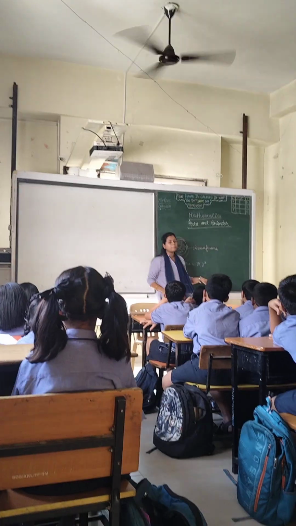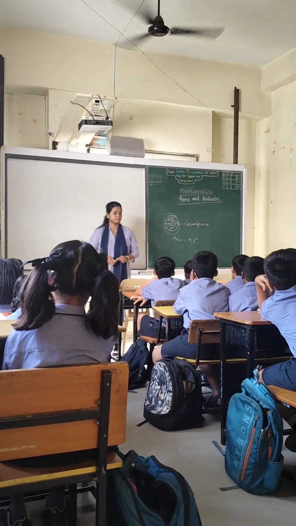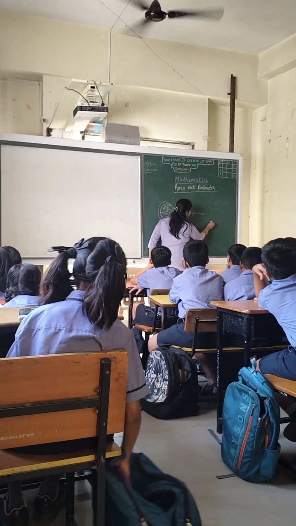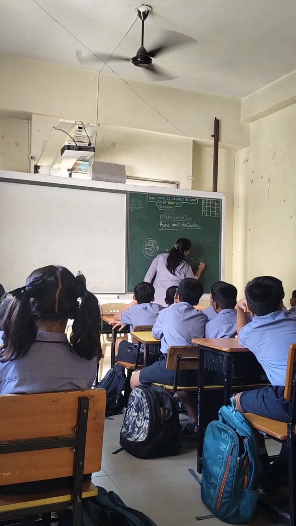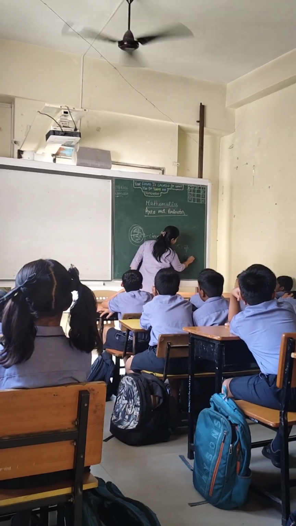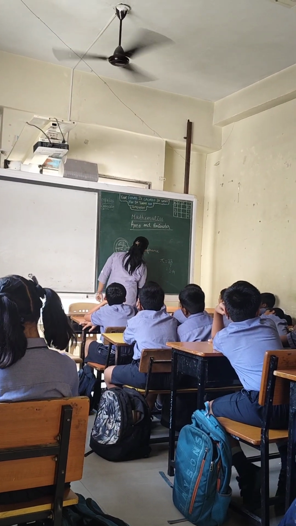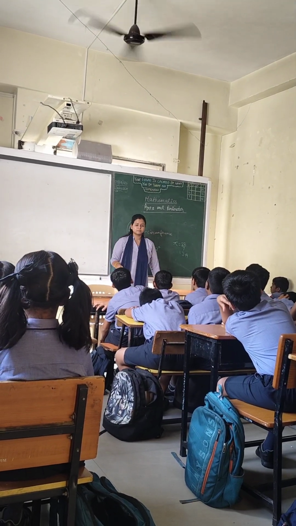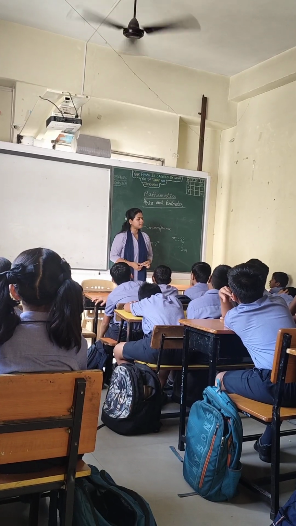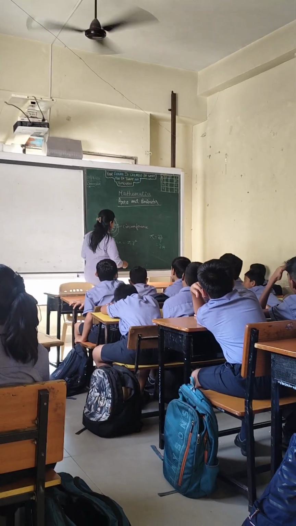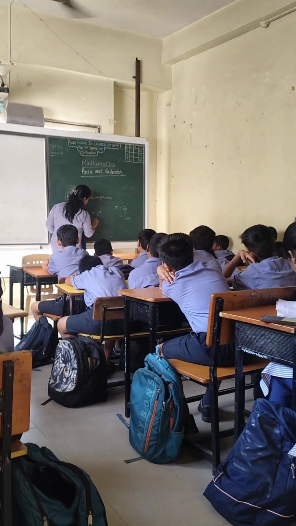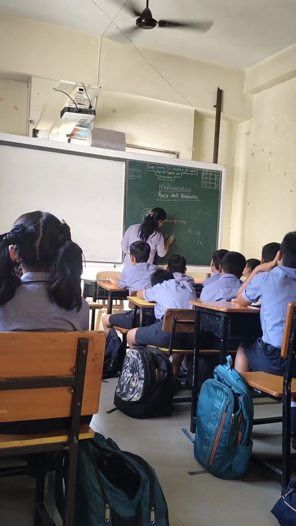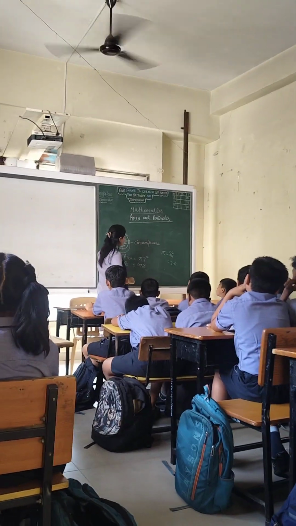Now what is the value of pi? 22 by 7, or you can say 3.14. Okay. And the perimeter is, you forgot? Perimeter formula? 2 pi r. Okay. So